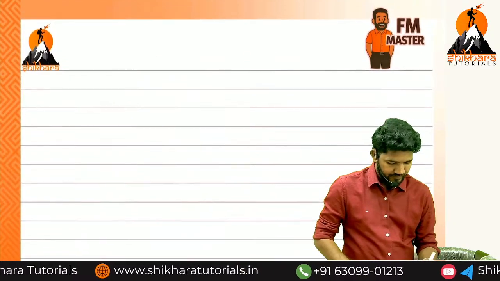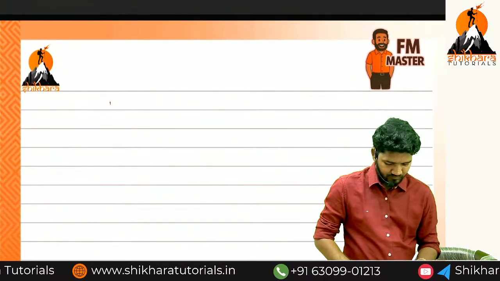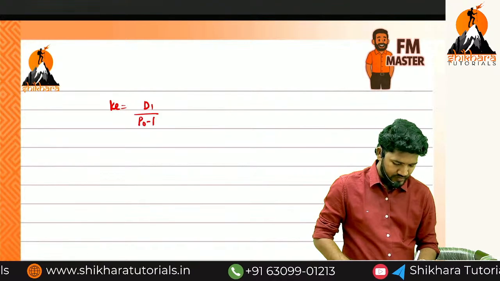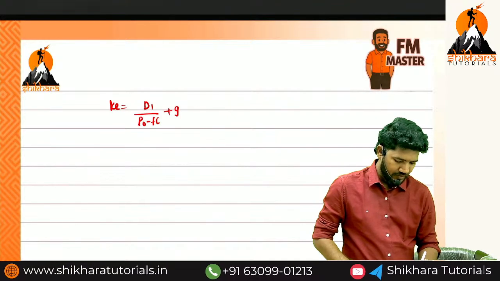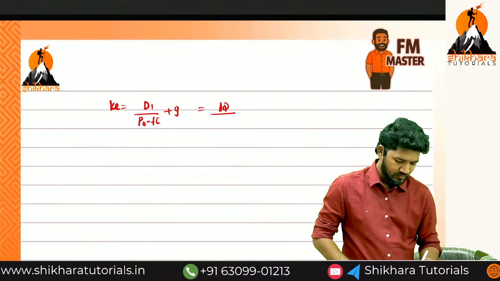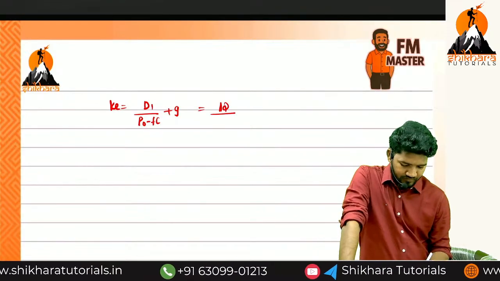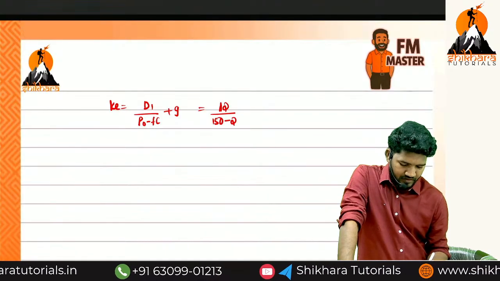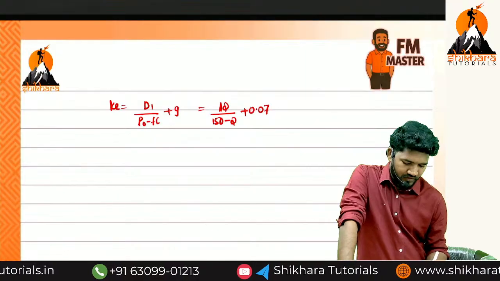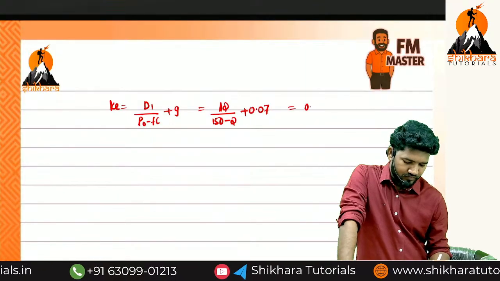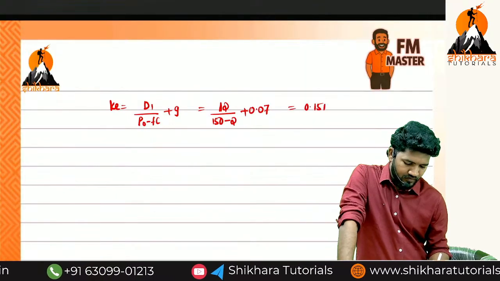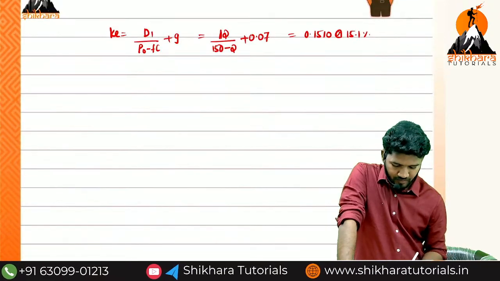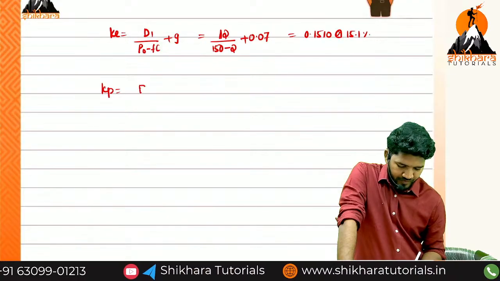So KE equals D1 divided by P0 minus flotation cost, plus growth. What about the D1? 12 rupees. What about the P0? 150. Flotation cost 2 rupees, plus growth 0.07. Answer: 15.1%. Now when it comes to the KP, irredeemable, preference dividend divided by